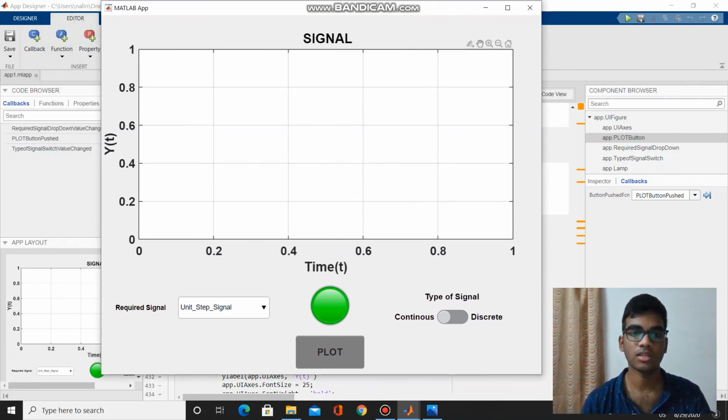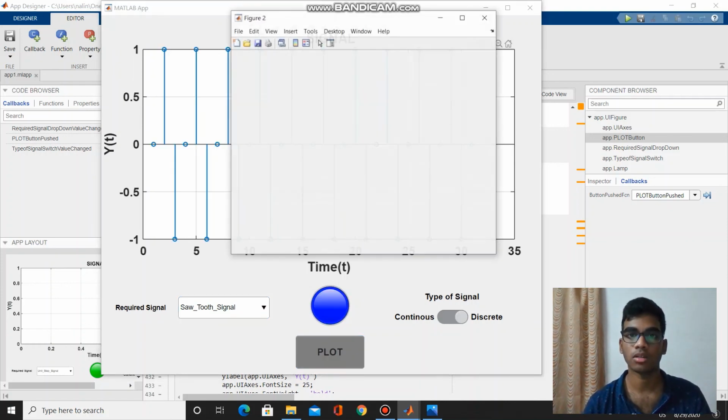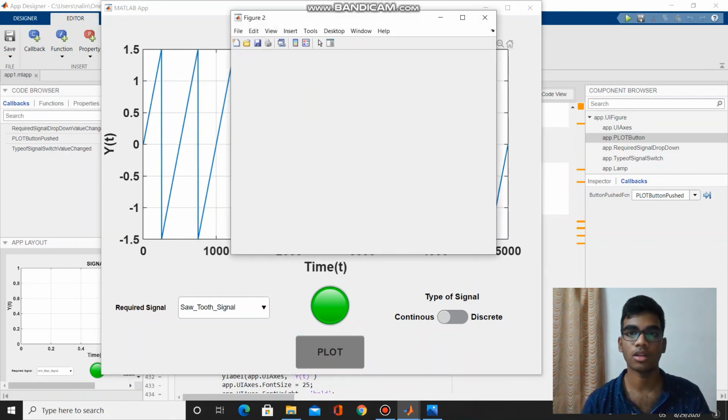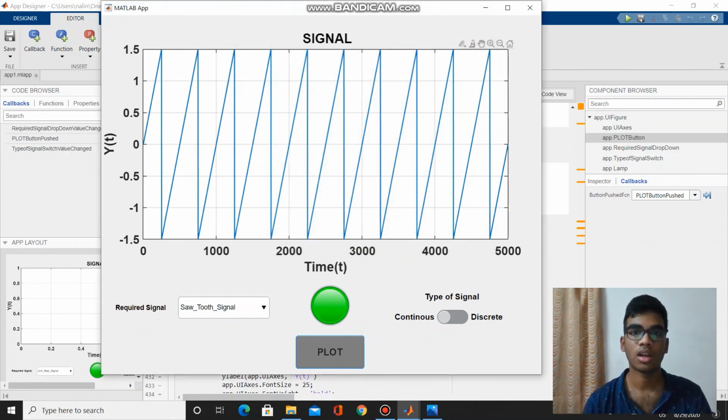Let us give the input as sawtooth signal and toggle the switch towards discrete, click plot. We got discrete time signal for the sawtooth signal. Now let us toggle the switch towards continuous and click on plot. Now we got the continuous time signal for sawtooth function.